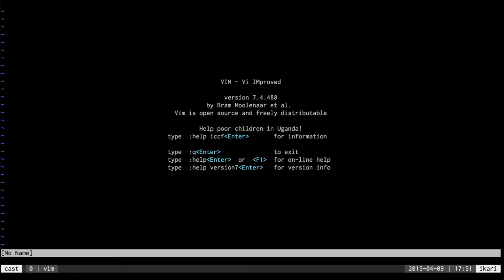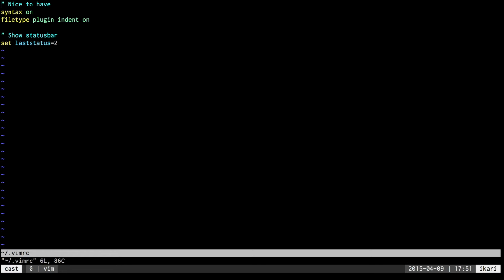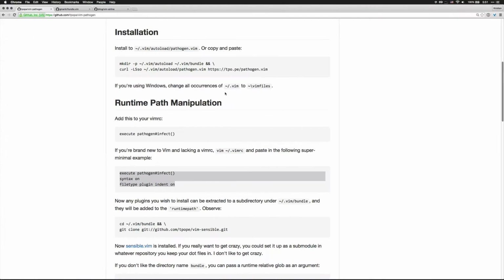I have a very minimal Vim installation. I've removed all of my plugins and most of my config. If we open up VimRC, I basically have three lines. These ones are just kind of syntax and indentation and stuff like that. And the second one is just to show the status bar at the bottom. I think status line is the technical term, but you can see it's very, very minimal. And so let's install